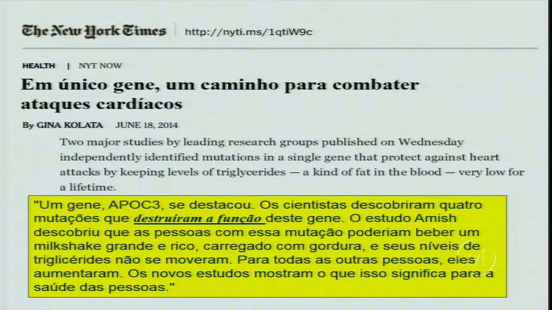Here's another example. A gene was discovered in populations of humans which helped them resist heart attacks. They could eat food that was high in fat and not have high cholesterol, not have heart attacks. What was the mutation? It was a mutation that destroyed the function of a previously existing protein. It degraded the protein, and that helped. That was a beneficial mutation.